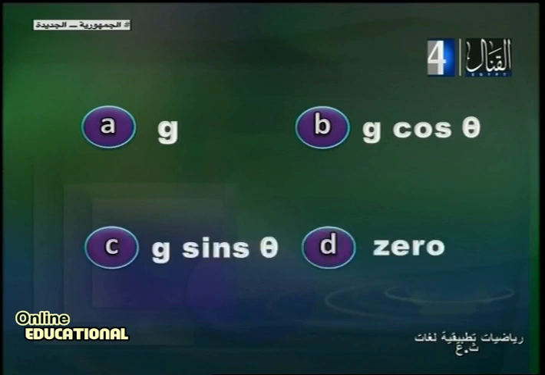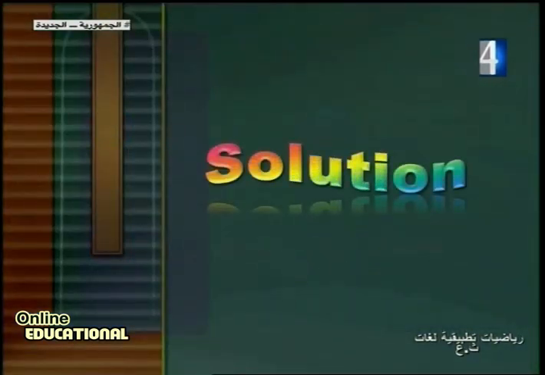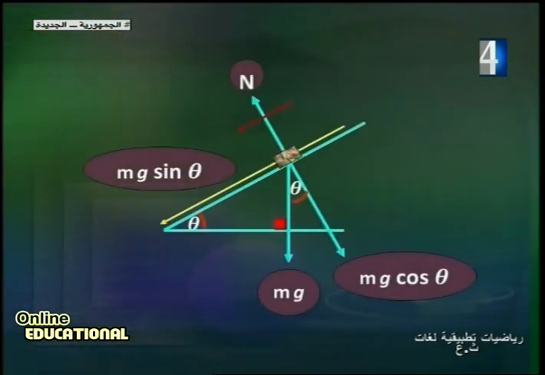We have a body moving on a smooth inclined plane inclined with an angle of measure theta under the action of its weight only. The weight of the body mg is vertically downward. We can resolve this force into perpendicular components: mg sine theta in the direction of the line of greatest slope downward, and mg cosine theta perpendicular to the line of greatest slope, and the normal reaction N. The direction of motion